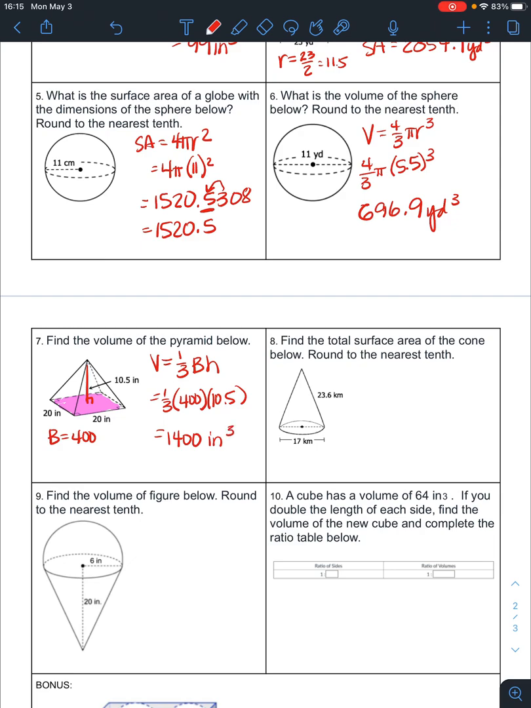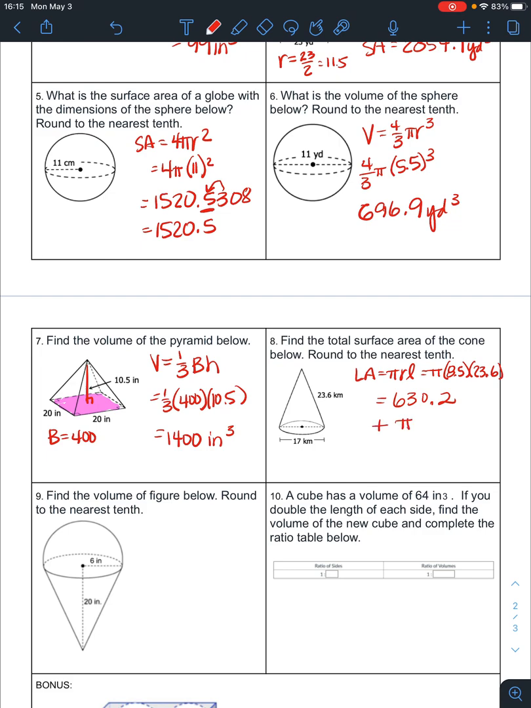The surface area of a cone, your lateral area, if you look up that formula, it's pi RL. So that'd be pi times R. R would be 8.5, times L, which is your slant height, 23.6. So pi times 8.5 times 23.6, and you get 630.2. Now just keep that number in your calculator, because now what you're going to do is add the base,